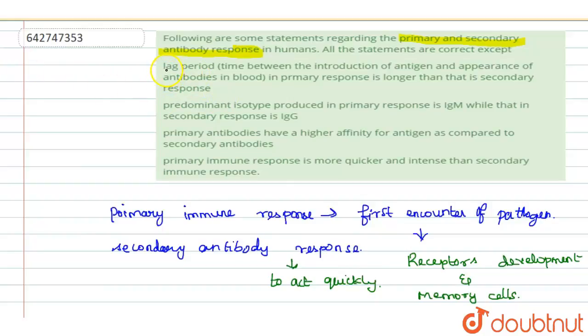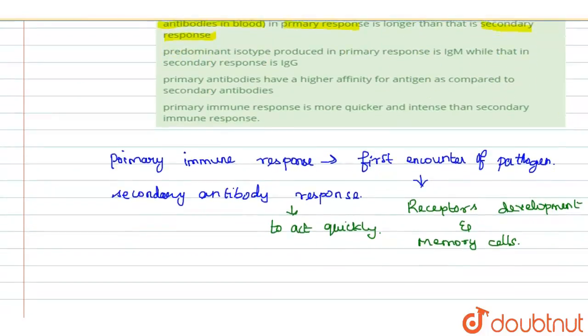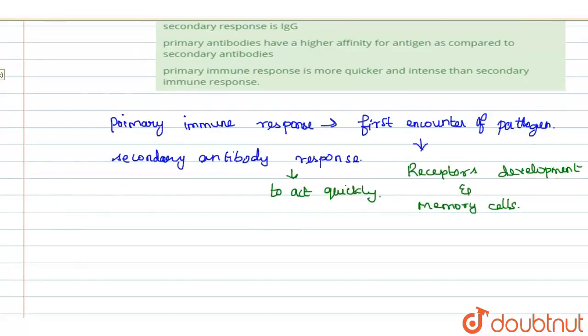First point is lag period. Lag period, that is the time between the introduction of antigen and appearance of antibodies in the blood in primary response, is longer than that in the secondary response. So the first statement is true. First statement is true because the lag period in primary response will be higher